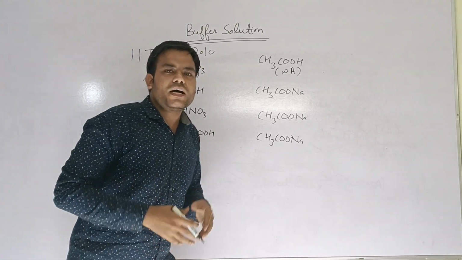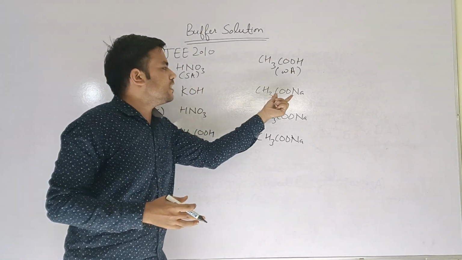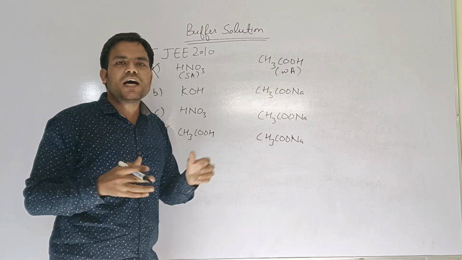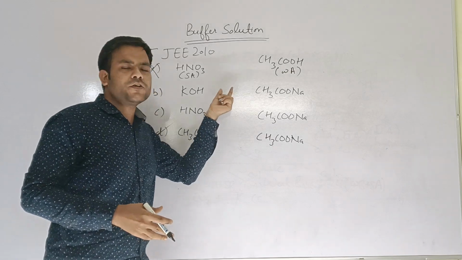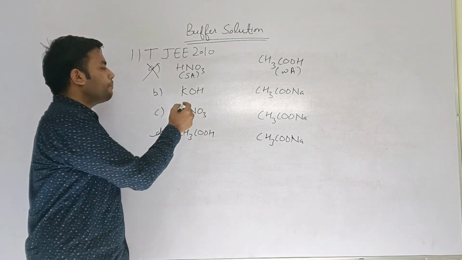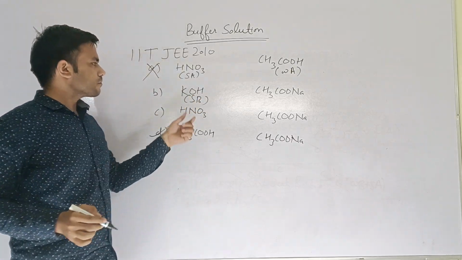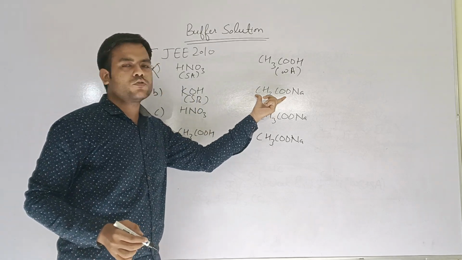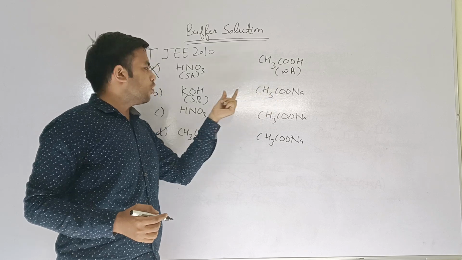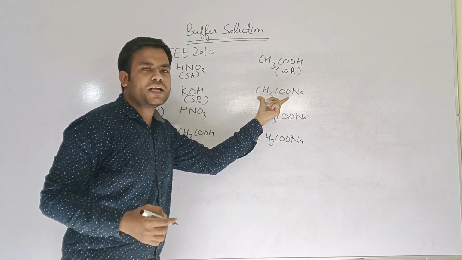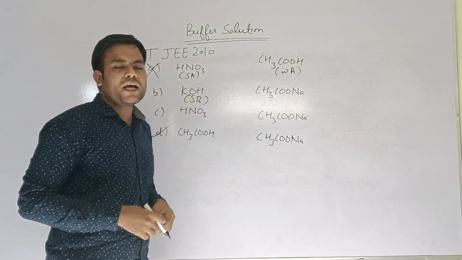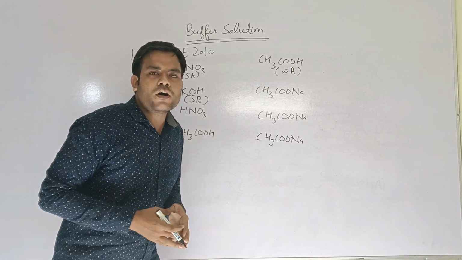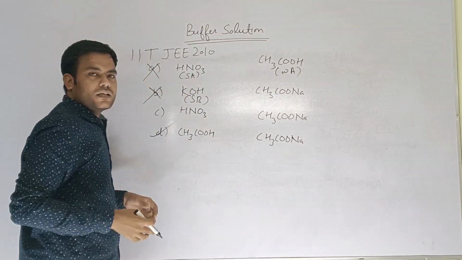Let us go to option number 2nd. We are given KOH and CH3COONa. We are having salt of weak acid with strong base, but we are not having weak acid. Can we prepare it using both of these? No. Why? Because this is a strong base and this is the salt, right? What reaction will take place between these two? Tell me. No reaction, right? OH minus and CH3COO minus, no reaction will take place. So we can't prepare weak acid using these two. So it will not form acidic buffer. So this will not be the right answer.